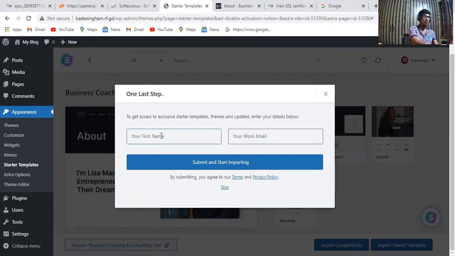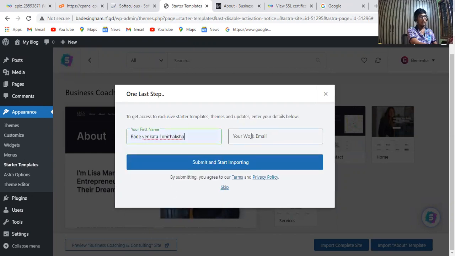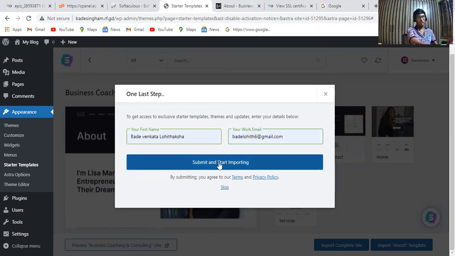After that, you have to enter your name and Gmail also. I'm going to enter my name and my Gmail. After that, you have to click on Submit and Start Importing. Now let's wait.